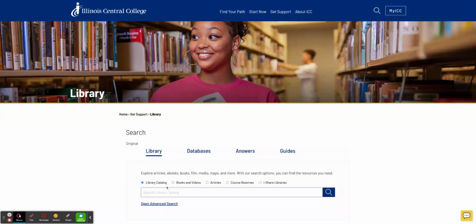This short tutorial shows how you can find library resources using our search bar. From the library's homepage, simply type in your search. Note that you can limit your search before beginning to a particular search type, such as books or